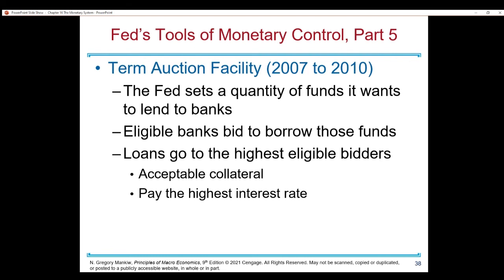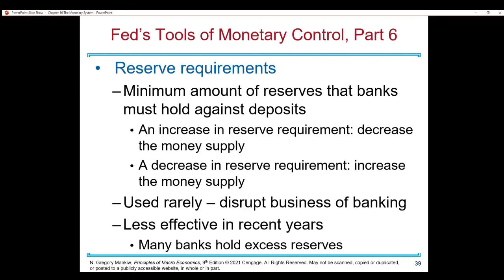We know that the reserve ratio determines the money multiplier. So looking at the next tool, how the Fed influences the reserve ratio. If the Fed can influence the reserve ratio, it's going to further exert its control over the money supply, because the reserve ratio is going to determine the money multiplier. So if they can decrease the reserve ratio, for example, that's going to increase the money multiplier,